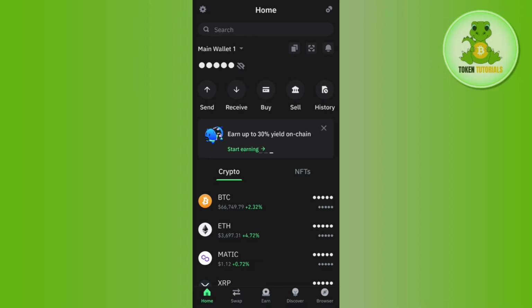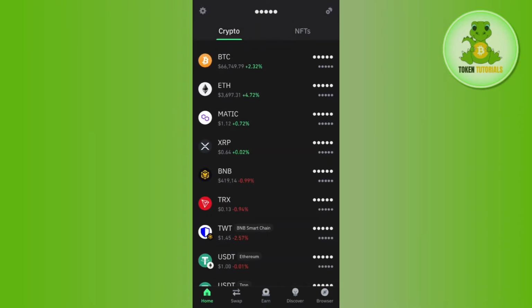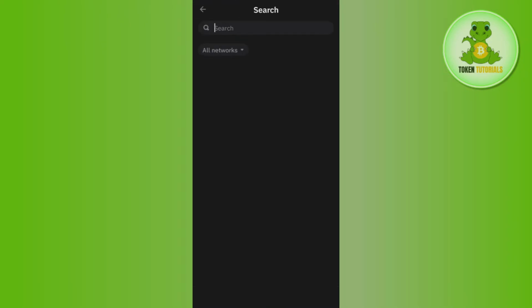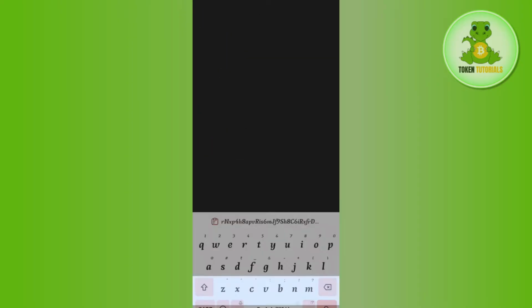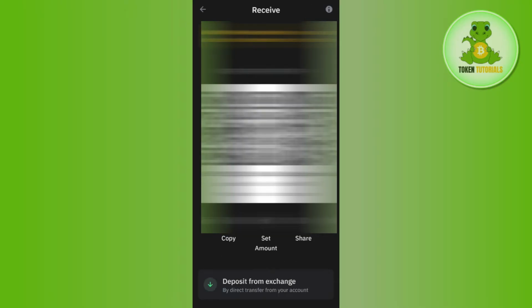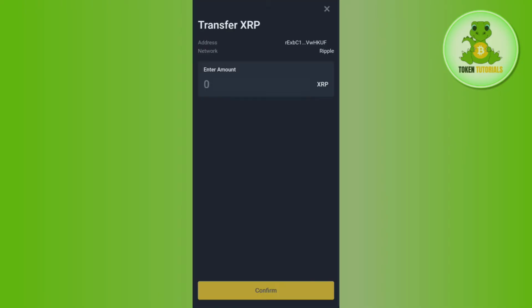Now once you are in your Trust Wallet's homepage, you will have to scroll down and then tap on XRP. If you are not able to find XRP in this list, then you can use the search bar in the top and then you just have to type XRP in the search bar. Over here, you will have to tap on receive and then you will have to tap on deposit from exchange option in the bottom. After that, you need to select it as Binance and then it will redirect you on Binance,